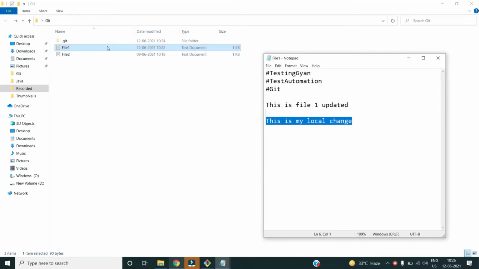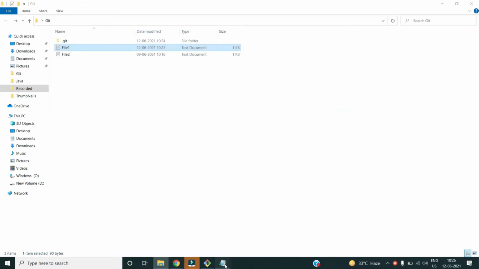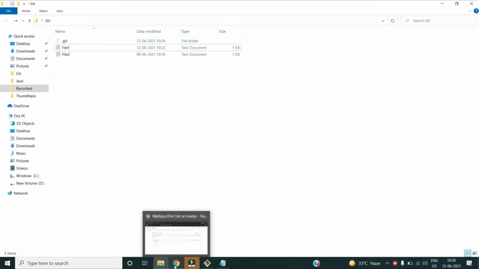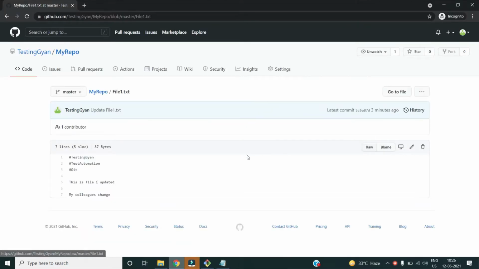Okay, you can even copy the complete file somewhere and then replace it, like that you can also do once you have synced your repositories. So I have kept a backup of my current changes. Then I will reset my local branch with respect to my remote branch. In order to do that, I need the commit id.